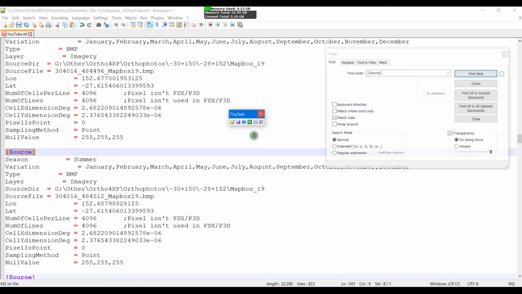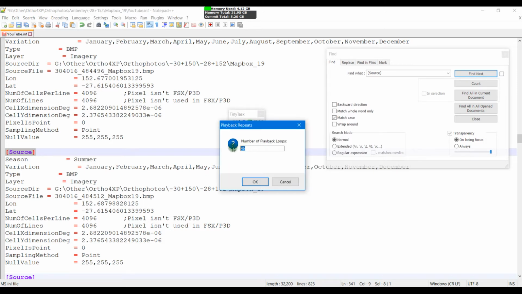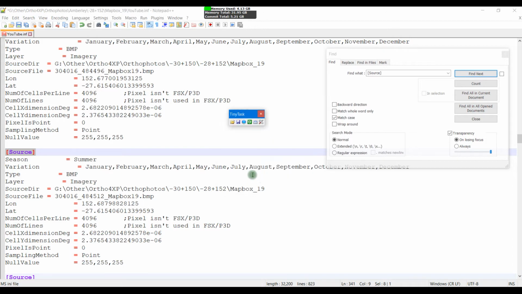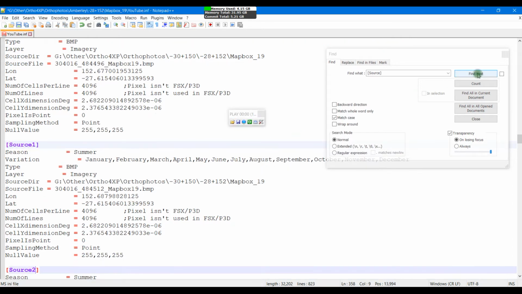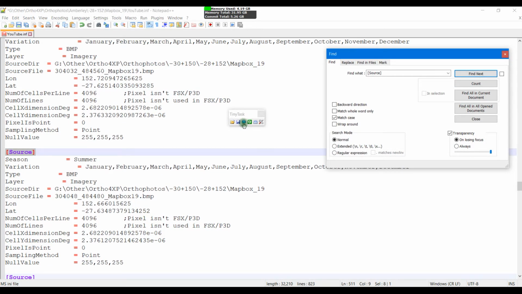Now, there's not many, there's only, as you know, 46 images, and we've done this 10 times, so you only really need to do it twice and you should be right. So I'm just going to set this repeat count to once and I'll do it manually twice. So you just hit play and it does it for you, and you can see you're going to save a lot of time doing this. And the reason you're doing this is the last characters will always be 1 to 0, and then you'll have 1, 1, 1, 1, 1 for 10, 2, 2, 2, 2, 2 for 20, and so on and so forth,